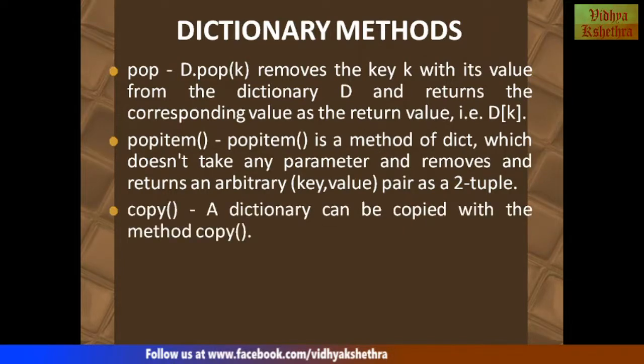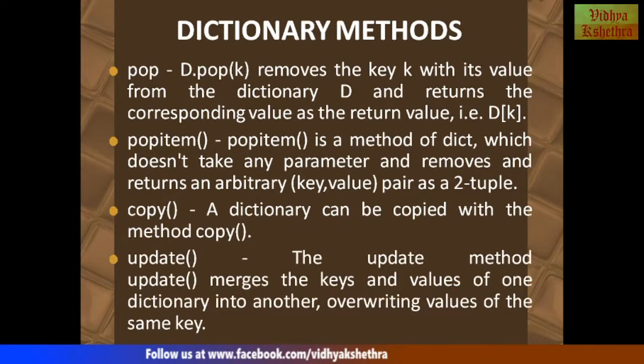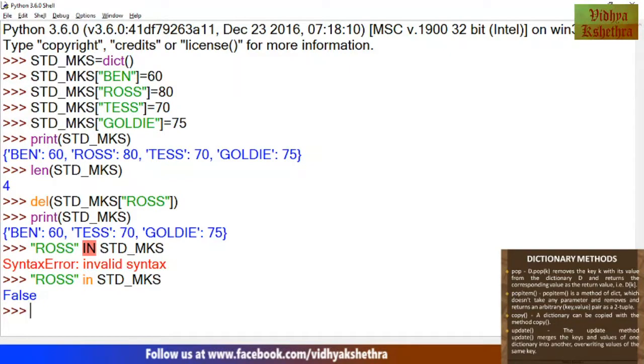Copy. A dictionary can be copied with the method copy. Then update. The update method merges the keys and values of one dictionary into another, overwriting values of the same key. Now we can define another dictionary, that is